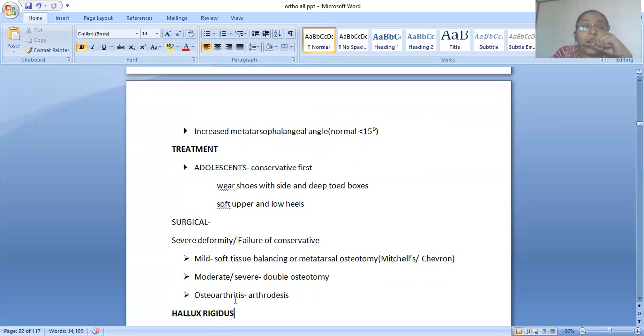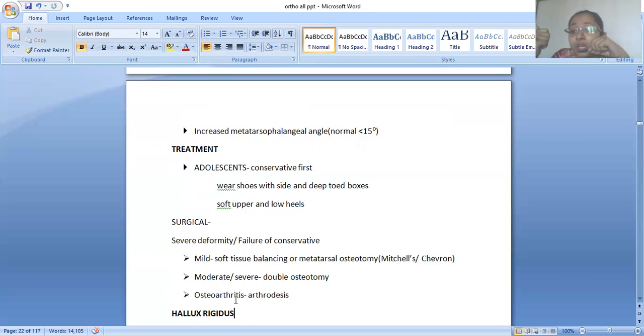For pain relief, we will take the help of electromodalities like a contrast bath, or US, or heat therapies, or some IFT therapies. And then for the weakened muscles, we can do strengthening of the intrinsic muscles of the foot with a foot bath, or with active or passive exercises. We can do some manipulation if it is in the early phase of hallux valgus, and then advise orthotics to maintain the corrected position. So these are the physiotherapy management for hallux valgus.